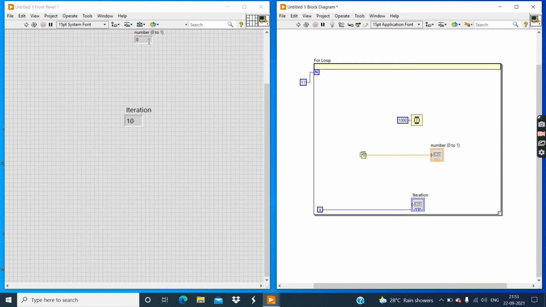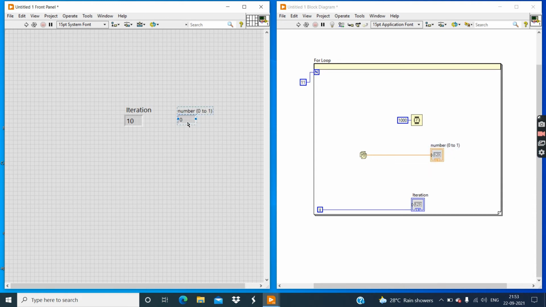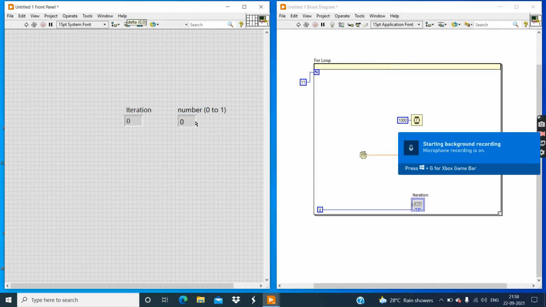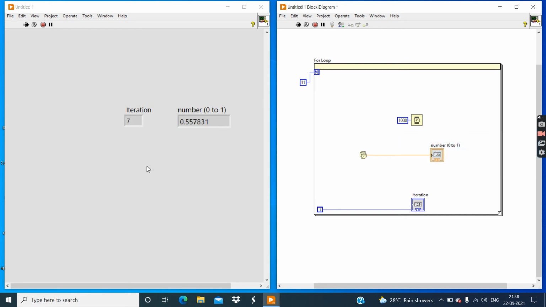Also change the position of this random number indicator and make its size large by clicking on this control and dragging. Now increase the size of this indicator horizontally and then click on the run button. You can see the result. It generates a number on each iteration.